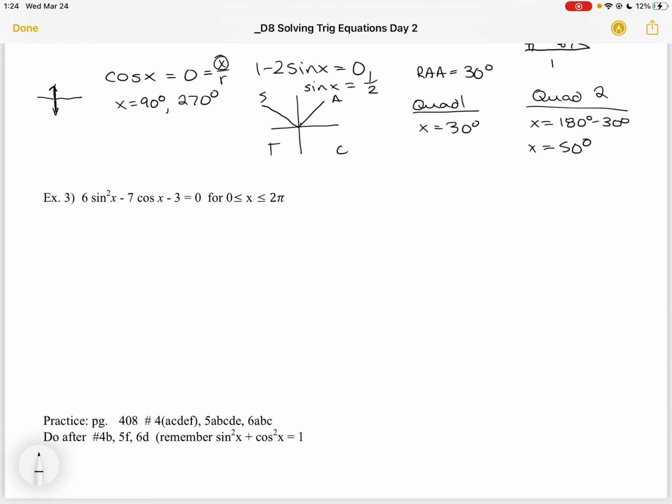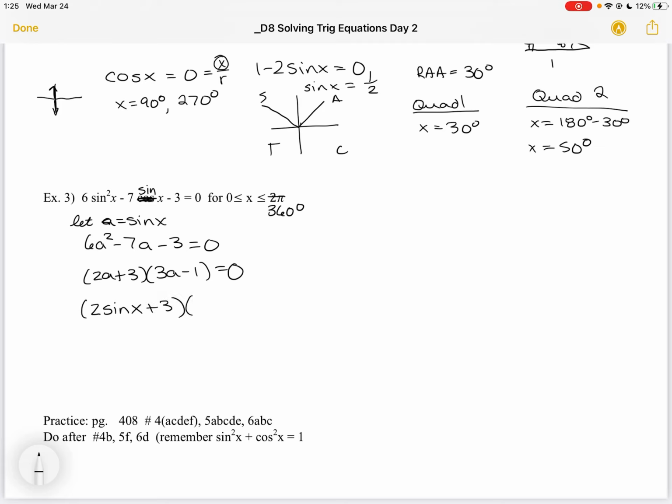I've got 6 sine squared x minus 7 sine x minus 3 equals 0, and we're going in between 0 and 360. So I can't rearrange this. I can factor it. Really, I'm trying to factor the expression 6a squared minus 7a minus 3 equals 0. Using my tricky trinomials, I can factor this to 2a plus 3, and then 3a minus 1 equals 0, which is then going to give me two brackets or two expressions that I'm going to set equal to 0